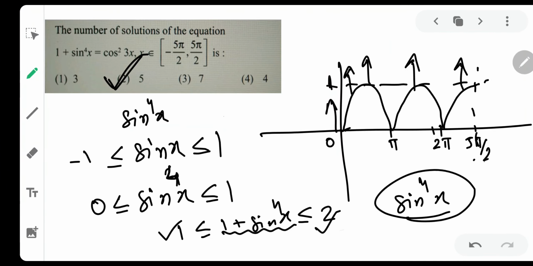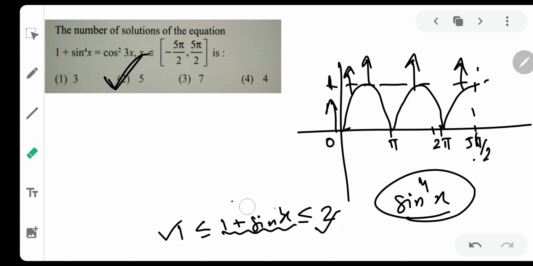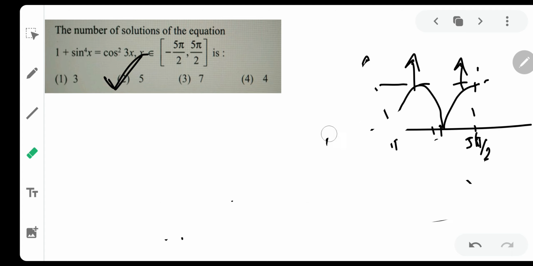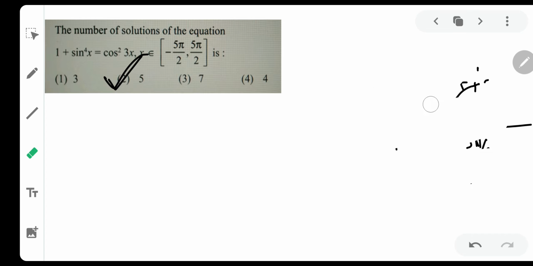to this question. Now you will say, why did we solve it graphically? Just to make you understand the graphical approach of the question. Now let me tell you one more approach to this question. Obviously the other approach is very simple. Then why did I tell you the graphical approach? Because it helps in many other questions also. Let me tell you the other approach.